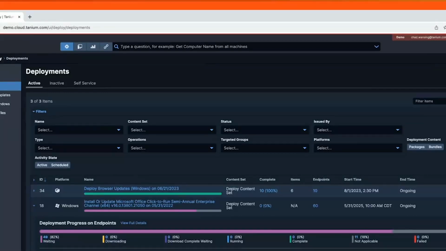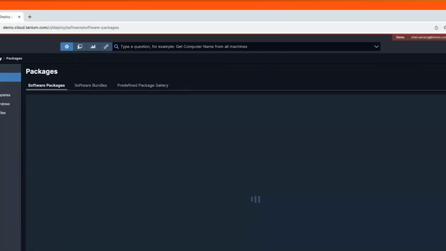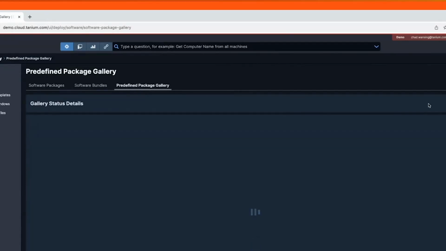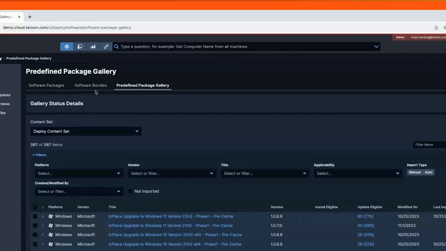But with our ability to have a predefined package gallery of nearly 400 pieces of software, where I can automatically import that software from the manufacturer website and then include it in a software bundle and say where that software bundle should be allocated to endpoints, I can make this a zero-touch approach while still maintaining the ability for self-service profiles. Self-service for the end users so they can have whatever software they may need to apply for themselves.